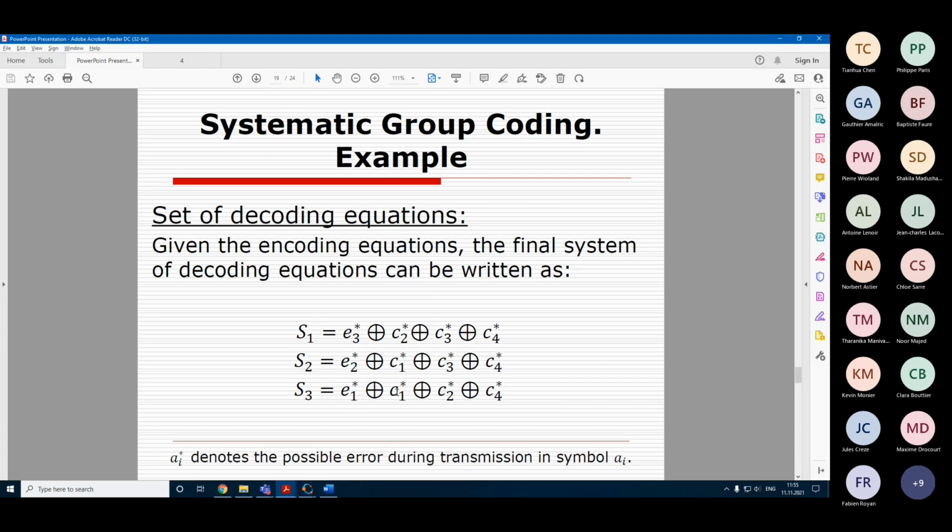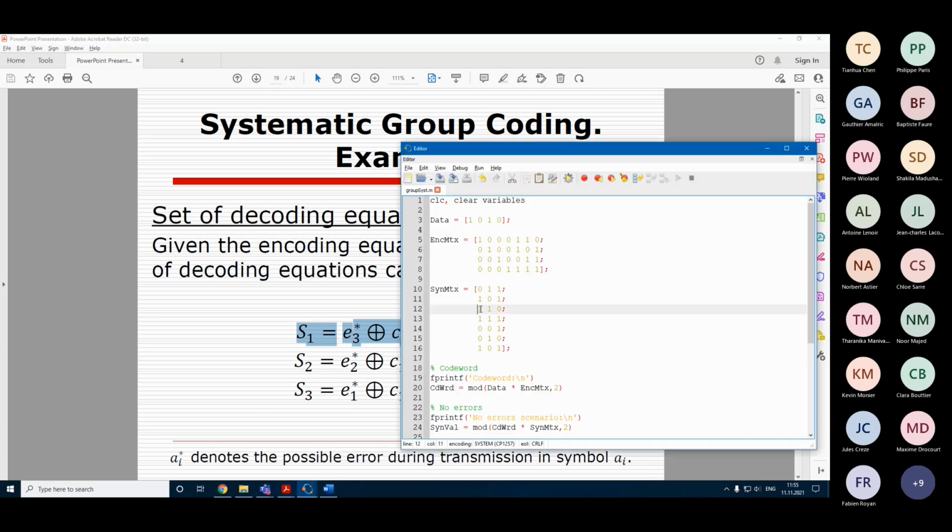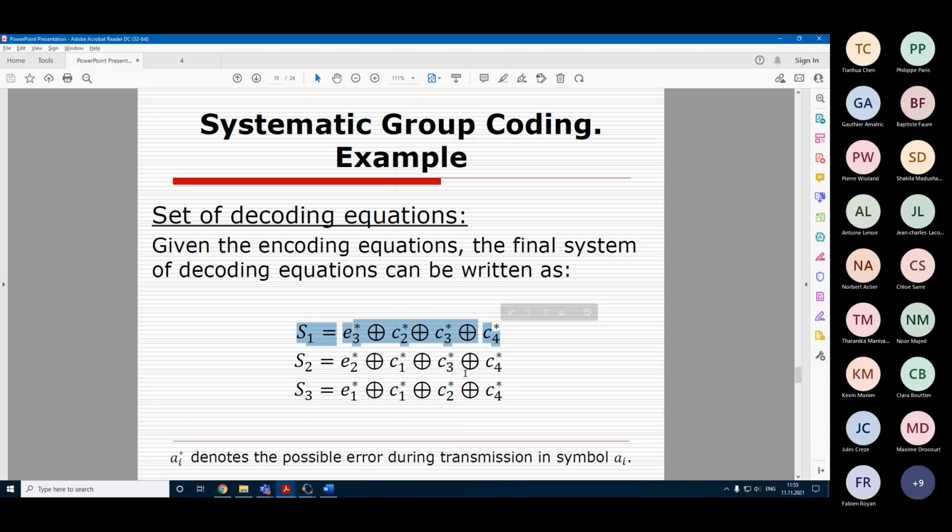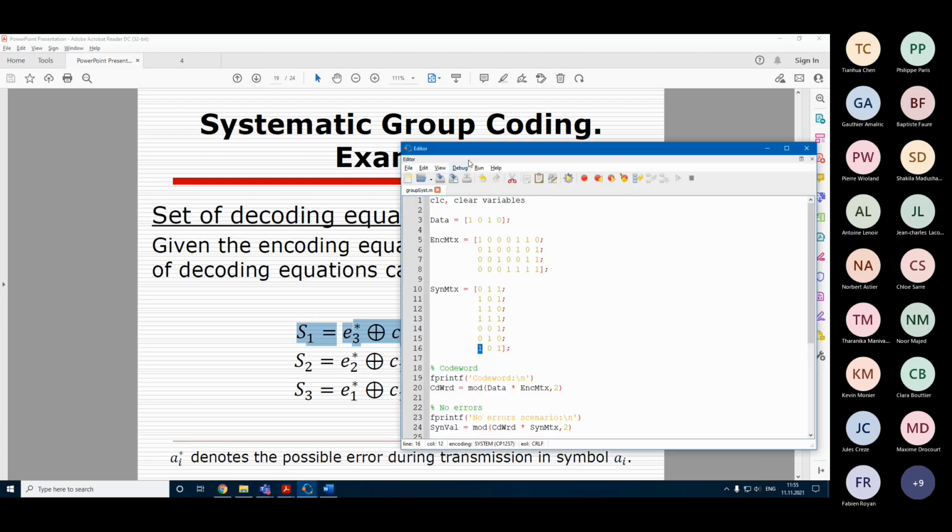Wait a minute, something is wrong. I need to see syndrome 1, which is the first column. That should be C2, C3, 2, 3, 4, and E3. That is correct. Next column is